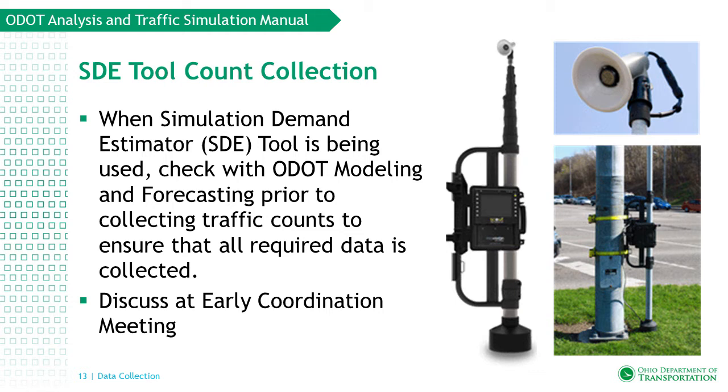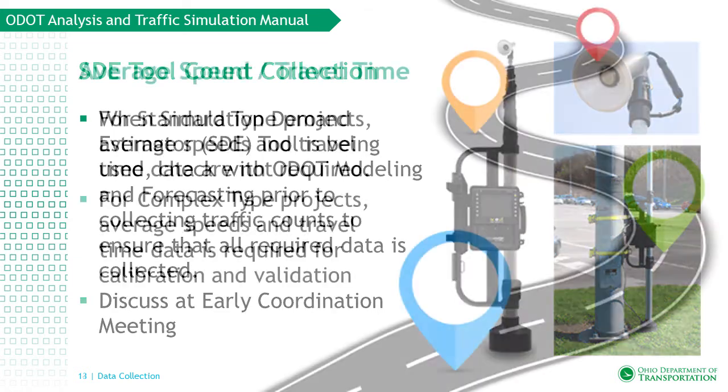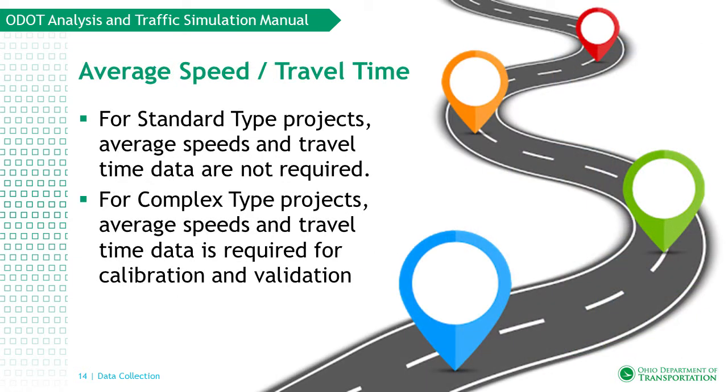The SDE tool may require count data outside of the parameters described in the manual. These needs should be discussed at the early coordination meeting. For standard type projects, average speeds and travel time data are not required. For complex type projects, average speeds and travel time data are required for calibration and validation of HCS and TransModeler